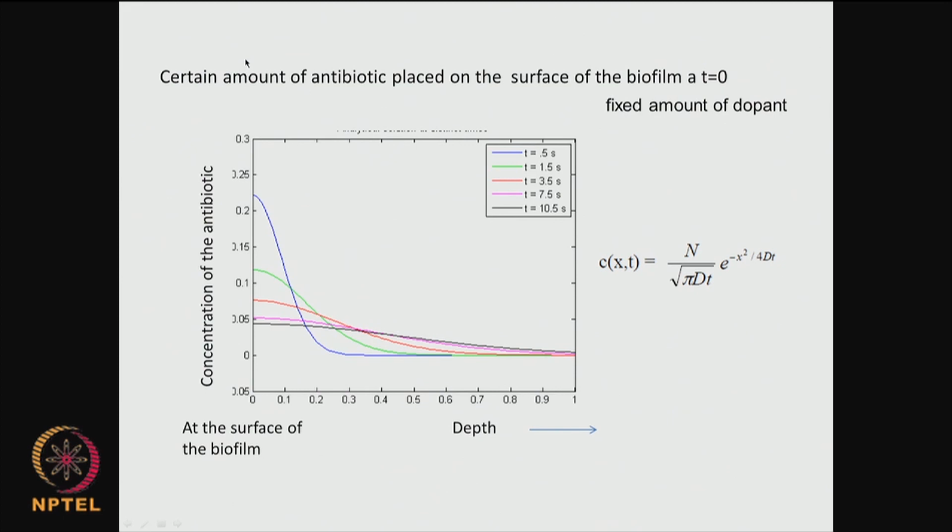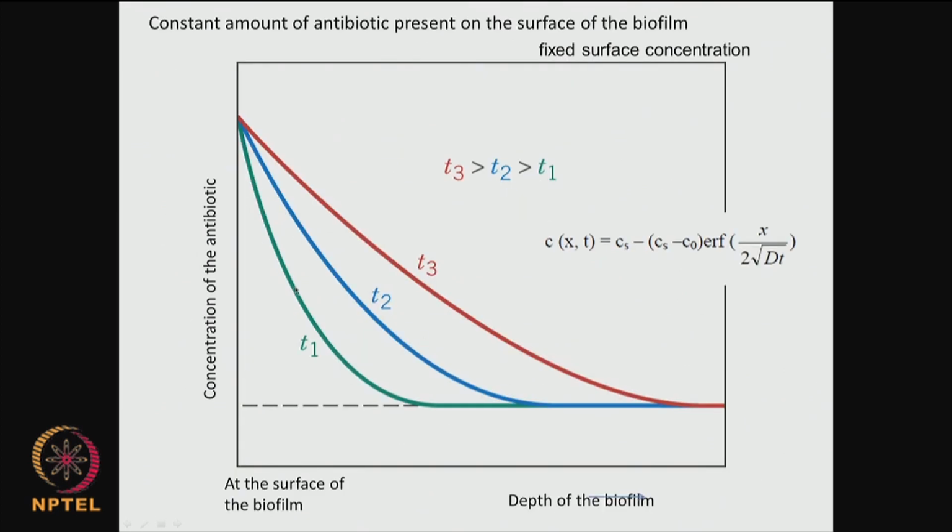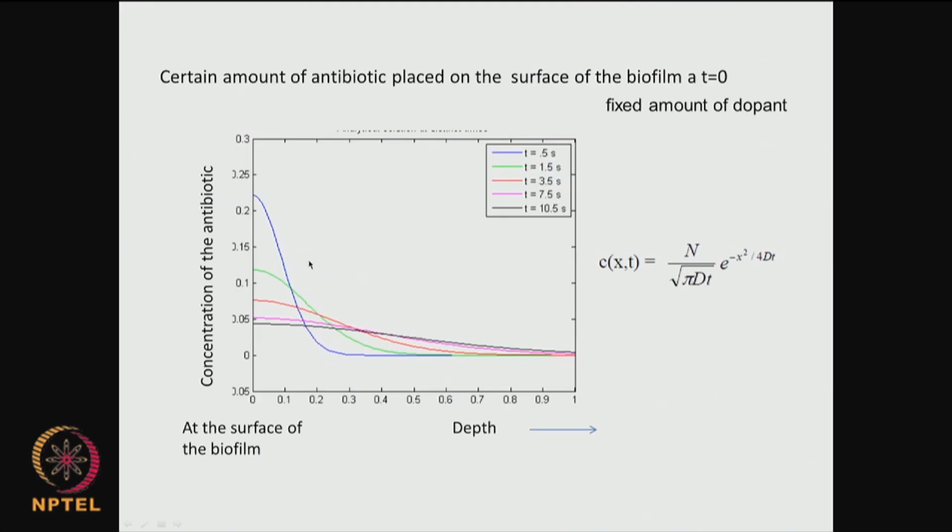some amount of antibiotic placed on the surface. So, that also gets depleted as the antibiotic starts diffusing in. So, we have a graph as shown like this, whereas in the other case the concentration versus distance keeps going up and up with increasing time. So, as you can see from these